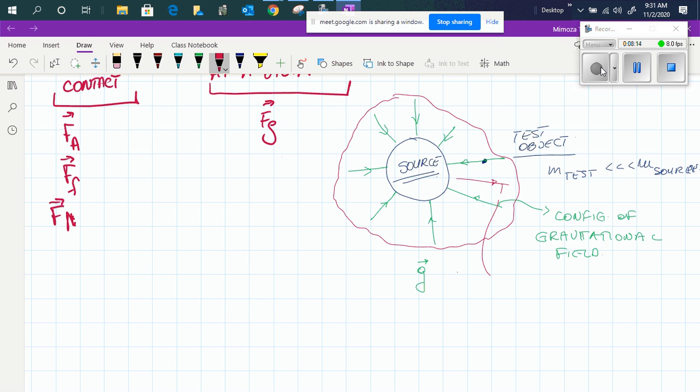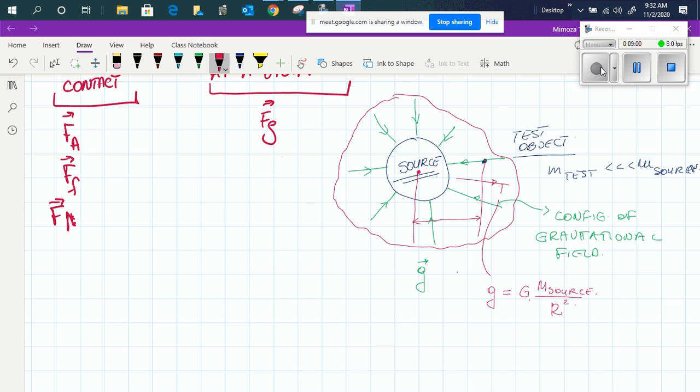And the relationship mathematically between the gravitational field strength and the distance is capital G, mass of the source, over r squared, where capital G is the universal constant 6.6667 times 10 to the power of -11. Mass of the source is whatever is the mass of the source in kilograms, and r is the distance from the center of the source to the point that you are measuring